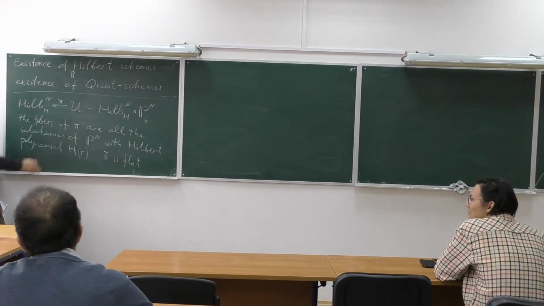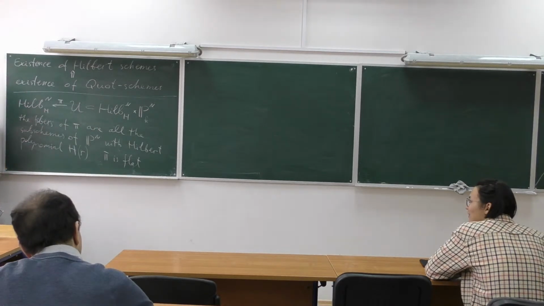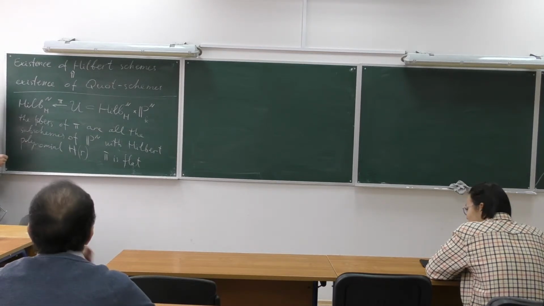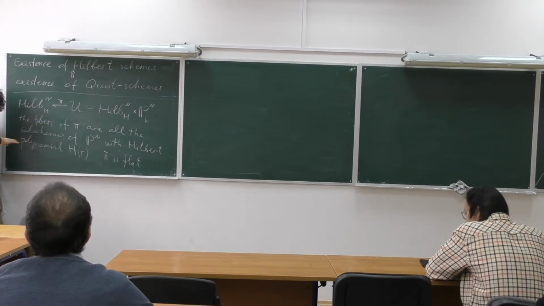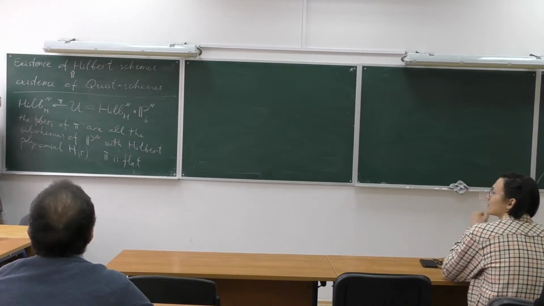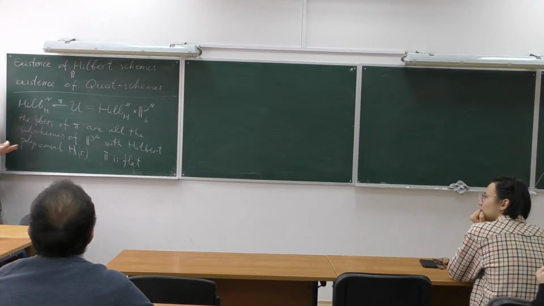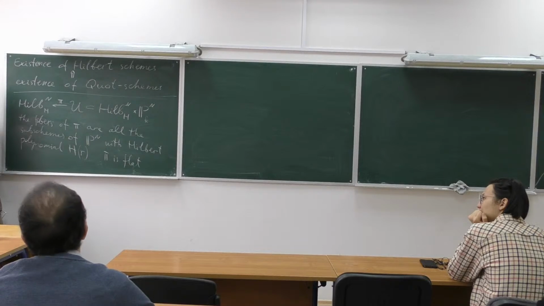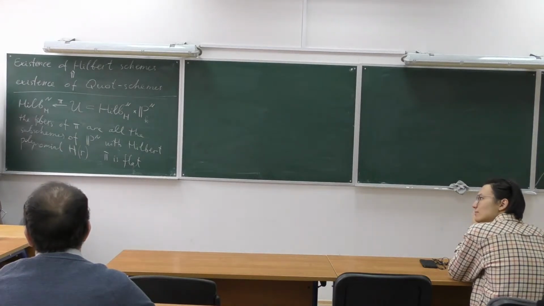What is U? It's the universal scheme over the Hilbert scheme. The Hilbert scheme parameterizes all possible subschemes in projective space with a given Hilbert polynomial. And now there's the universal family. The fibers give you all such subschemes, and each exactly once. It's a moduli space of subschemes with this Hilbert polynomial. And this is the universal subscheme. And it exists. The theorem claims the existence of such a thing, yes. And universal means that any other family is a pullback.